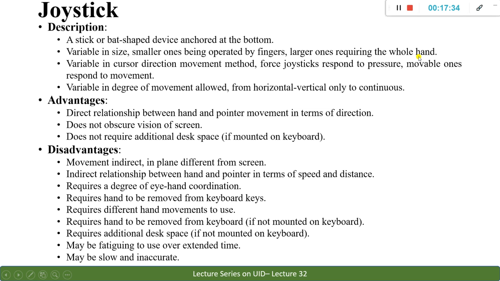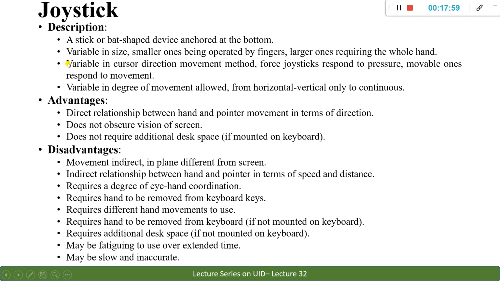So if you want, you can hold it with the complete hand and drag it. It is something like a gearbox that you have in your vehicles. If it is a lengthier one, you hold it in your hand and drag it. But if it is a smaller one, then you have to move it using a finger. We'll see examples of these two so that you can understand. We'll just go through the characteristics and then go to the picture.